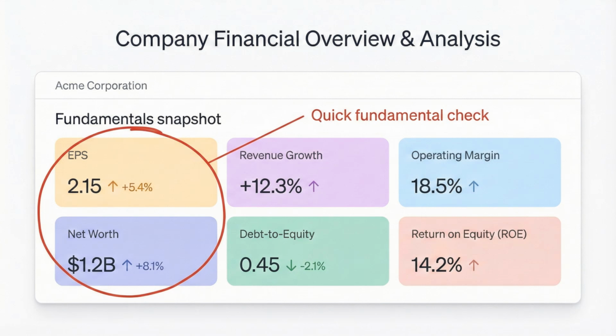This quick check is best treated like a filter within a filter. For a trader, it might be enough to ensure there's nothing obviously problematic before committing attention to the chart. For an investor, these metrics may become a bigger part of the decision. Either way, the key teaching point is sequencing. Look at the snapshot first, then proceed to chart analysis, so your final decision combines both the company context and